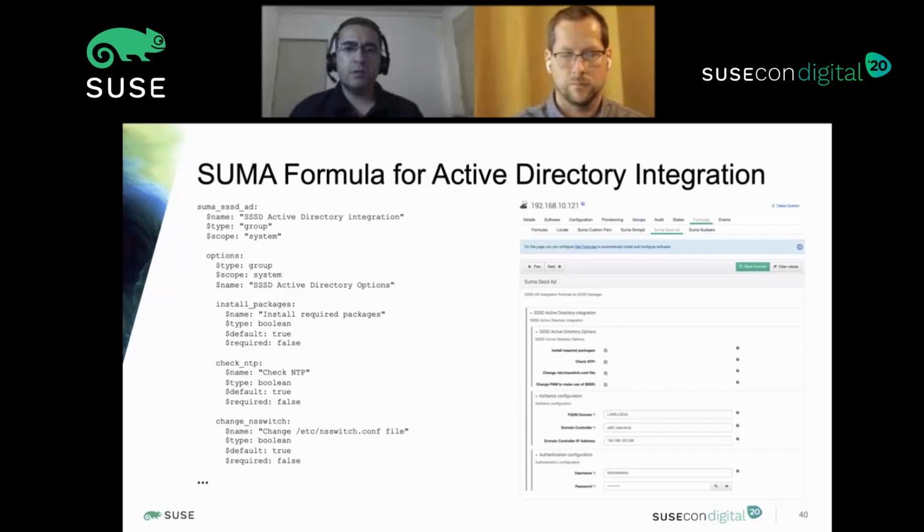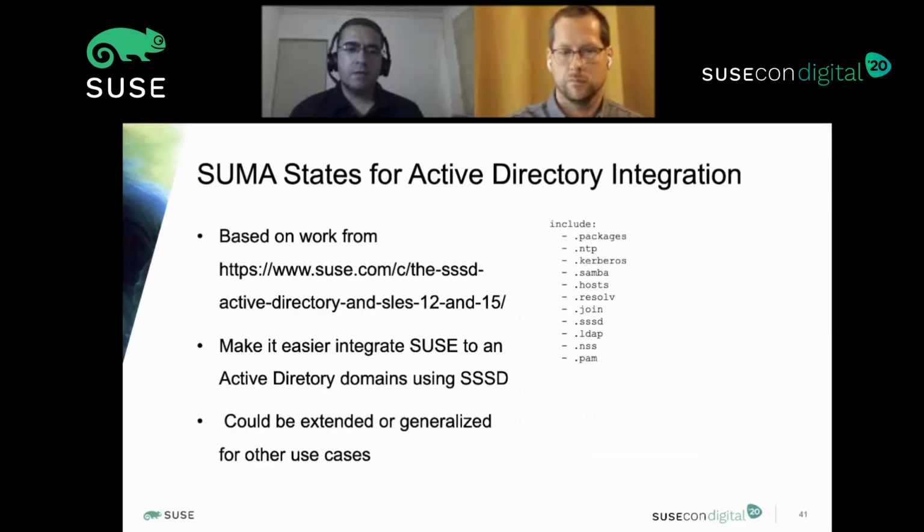The idea here was to create a form in SUSE Manager that allows the sysadmin to select what he wants to check related to Active Directory integration, with the fields that are needed for this, like FQDN, server, IP address, and username and password. After filling in this information, it is stored right in SUSE Manager as a pillar. And on the next slide, you have the idea behind